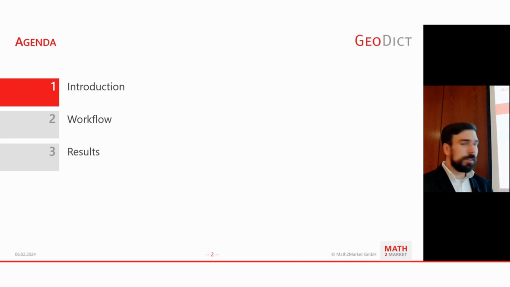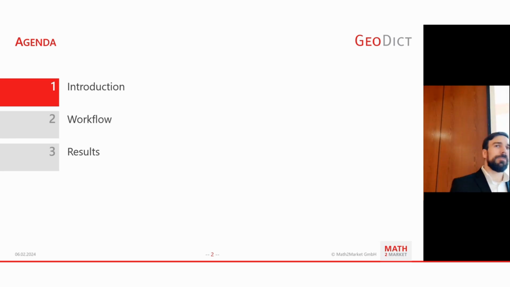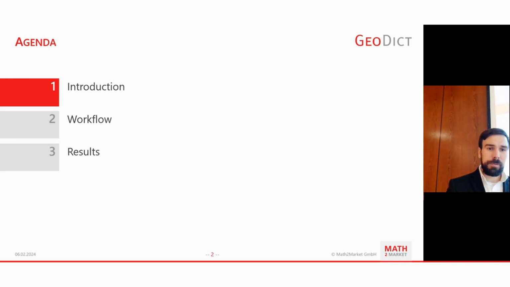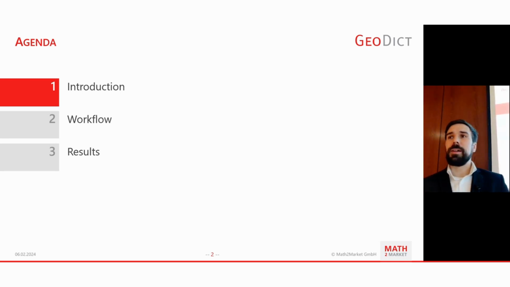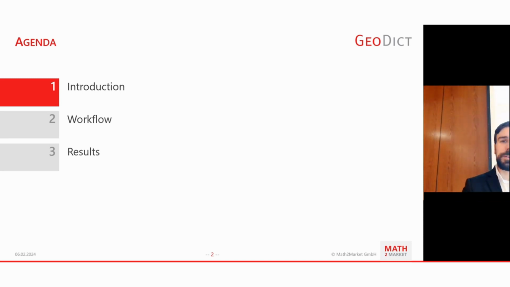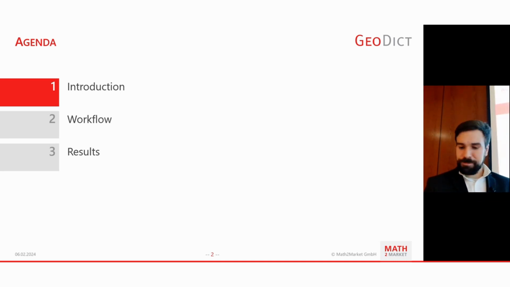We'll start with a short introduction on the topic, what is a digital twin? Because when I created the slides, I thought, maybe we should talk about that first, and especially how it's done in Geodict. Afterwards, we will get to the workflow part where we present a few of the tools we need to create digital twins in Geodict, and then the actual digital twin GeoApp, which will be a bit of a technical part. And afterwards, we will show some results where we see results of flow simulations and stuff like this to compare the digital twin to the actual structure.